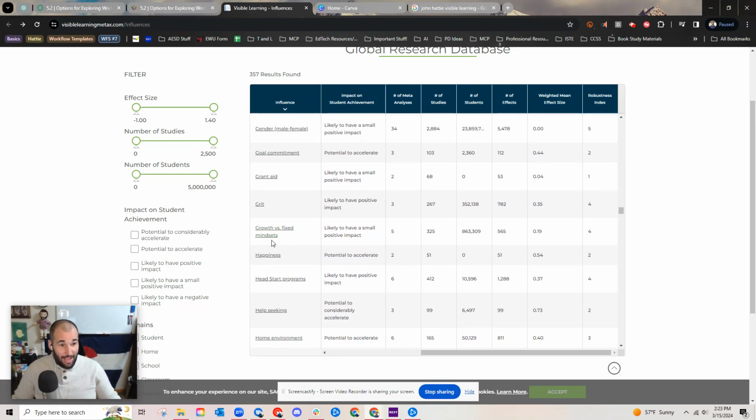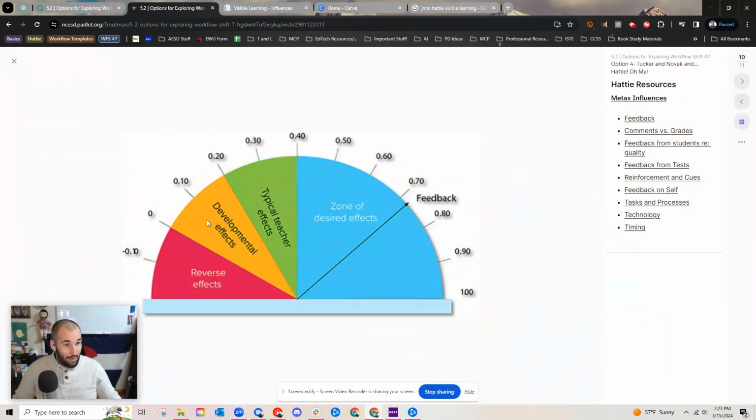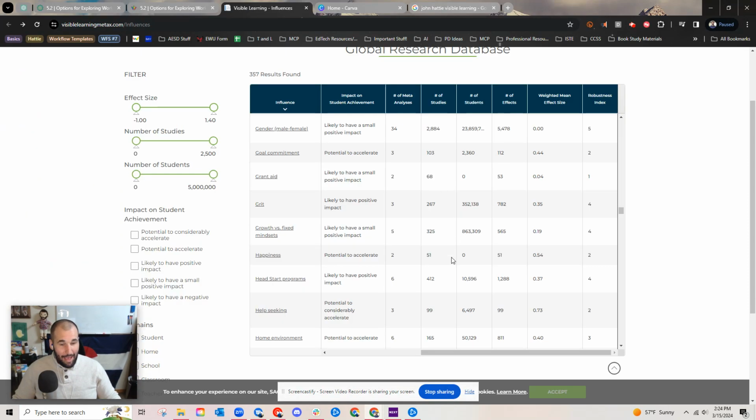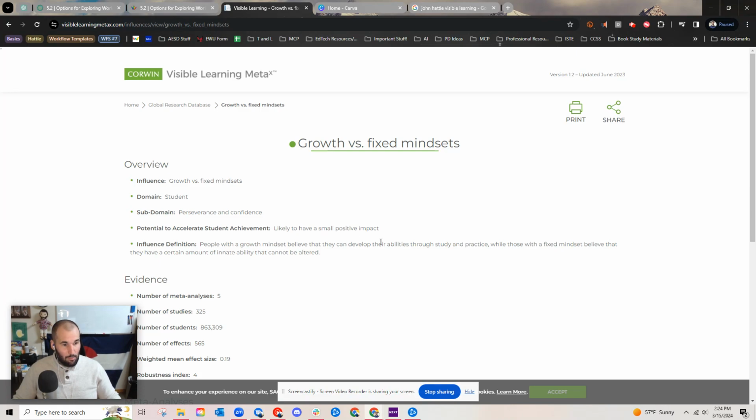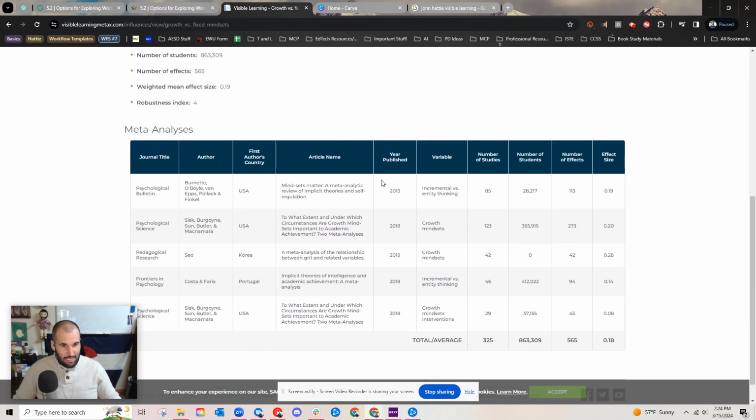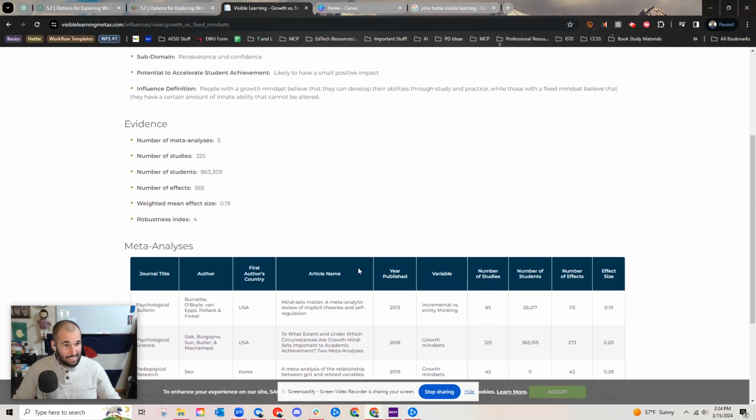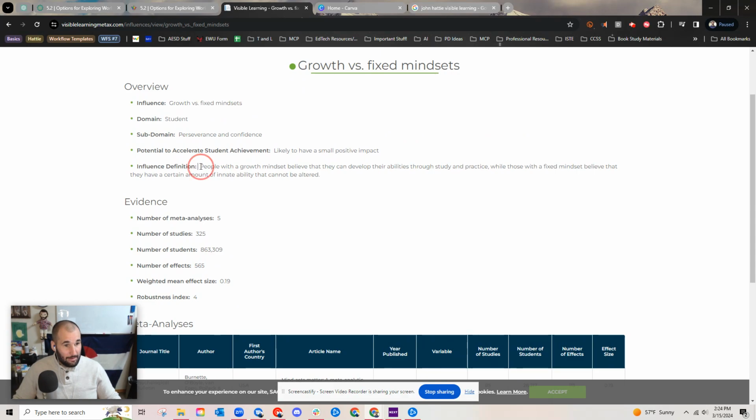All right, so we were talking about growth versus fixed mindset. I scrolled over here and you can see the effect size 0.19, which is very interesting to me. You're seeing this in real time here because you'll notice this 0.19 fits firmly right here in this developmental effects portion. So if I go back and click on growth versus fixed mindset, I can get a little bit more information: the different studies, when and where they took place, and the effect size,